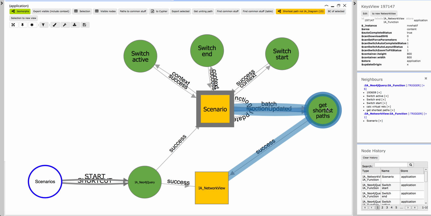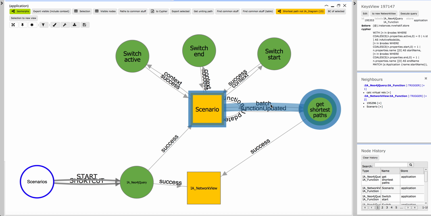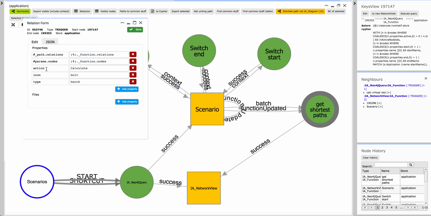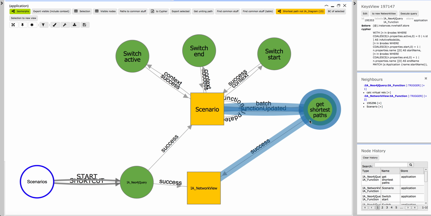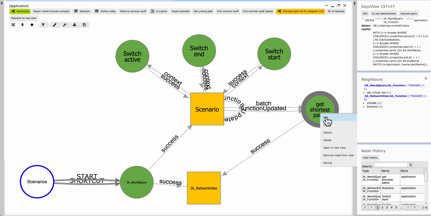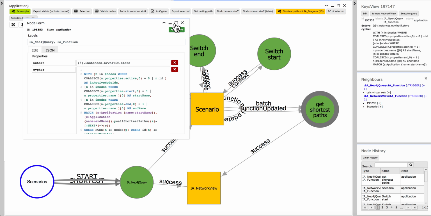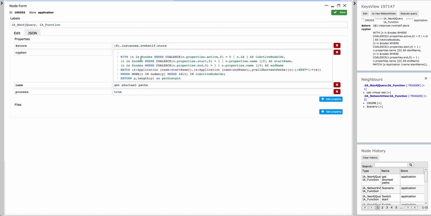And here, in fact, is where the magic happens. This batch trigger you see over here has a number of parameters, and it has an action calculate and an icon bold, and these translate into this button when you run it. And this query is, as I said, where the magic happens, because it gets some nodes from the